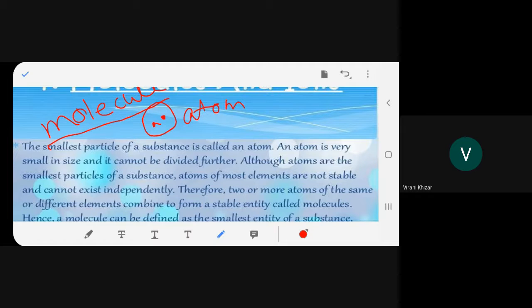Is this clear? So maybe it may be two atoms, it may be more atoms. Maybe it is of the same element or maybe it is of different elements. They come together, they join and become stable, and that stable entity or that stable condition is known as a molecule. Is this clear to all of you? For example, I take hydrogen, H. Now, can you see H as single? No. It always comes in the form of H2. Is it clear, beta? All of you understood?